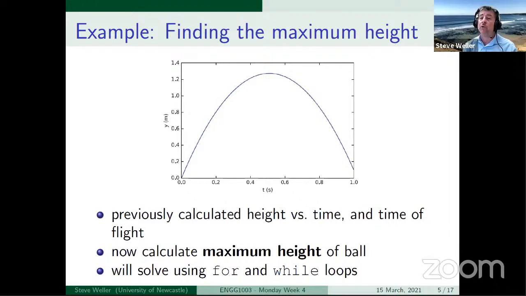If we'd had a more complicated simulation of the dynamics, maybe we took air resistance into account, for example. So we kicked a soccer ball and there's air resistance that impacts on the ball's trajectory. Maybe if we simulated the air resistance dynamics, it would be much harder to compute the time at which the ball intersected the ground.